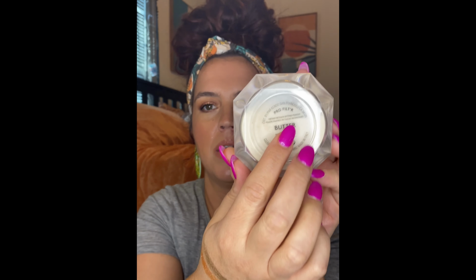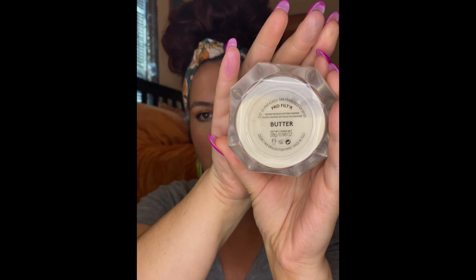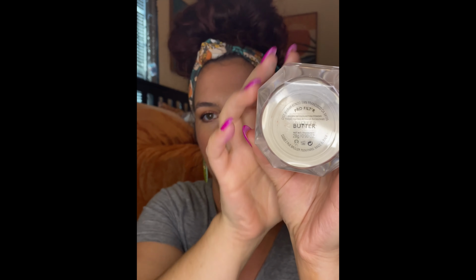Other products, I used my Fenty powder in butter. I love this stuff. I just love it. It's so good. And I don't think I am ever going to finish this. You probably can't see through, but I am maybe a third of the way through this. And I've had it for close to a year. I feel like I've used it a lot, but